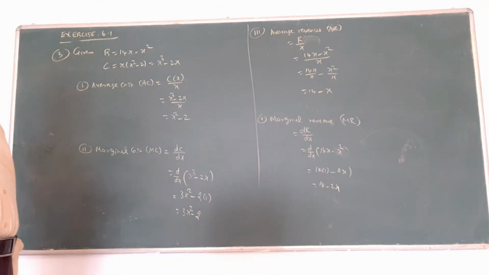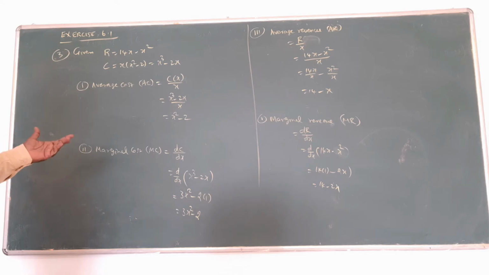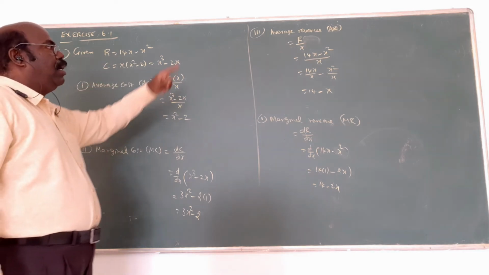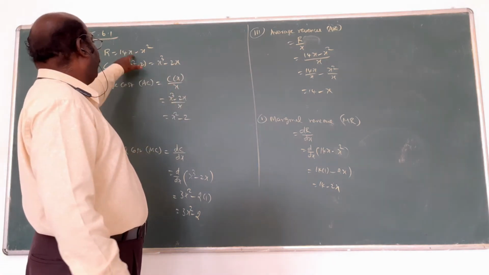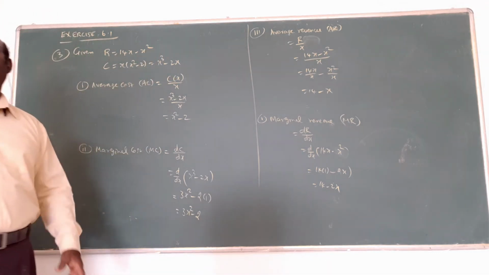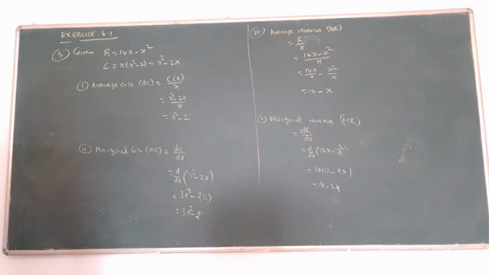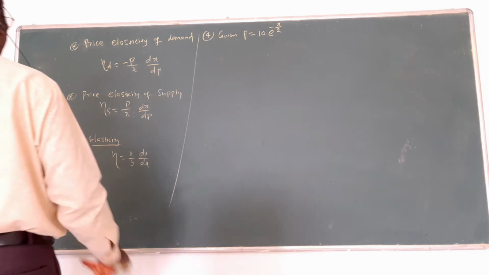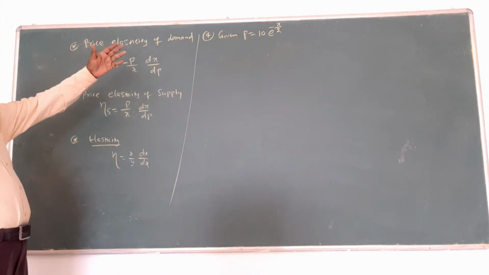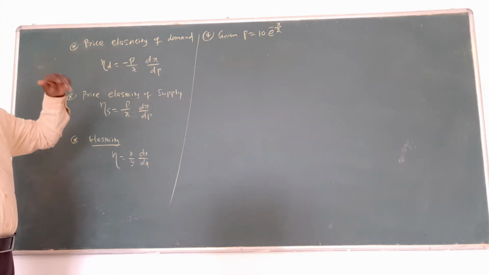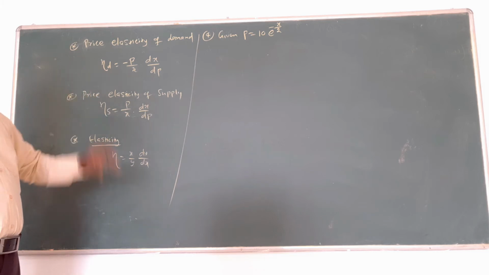Just simply learn the formula thoroughly, then find them one by one. Average cost and marginal cost, we use the C value. Average revenue and marginal revenue, we use the R value. That's very important. Revenue is R, that's why we consider R. Cost means C, you will consider C. A cost is also given, revenue is also given. Now, next formula. First 4 questions, 3 questions: the marginal average cost, average fixed cost, the marginal revenue, etc.